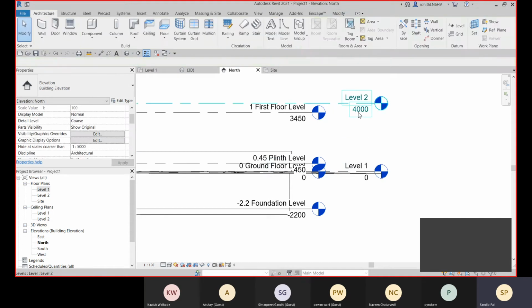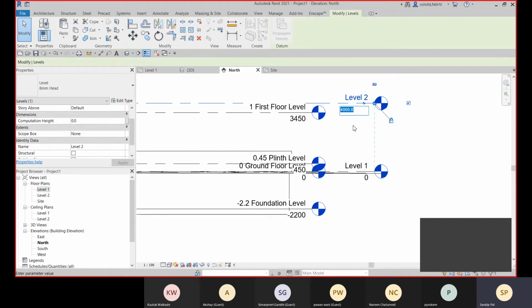So let me show you how you can change the heights of this level. So like 3450 is there, and now let me go with renaming it.